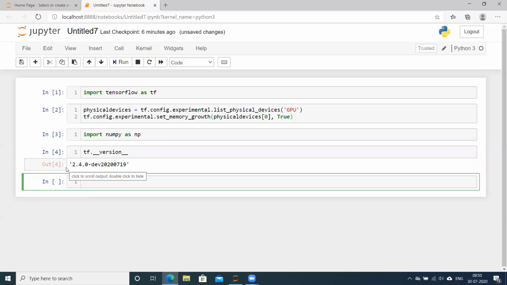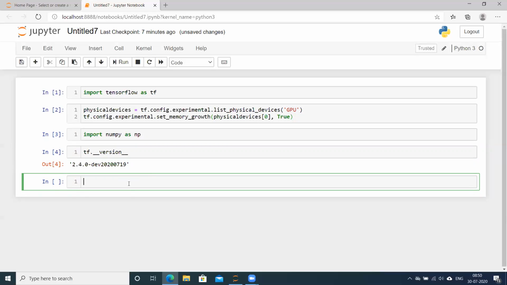So we are going to work with TensorFlow 2. Little bit of changes have been made from TensorFlow 1 to TensorFlow 2, and TensorFlow 2 is easier to work with, and it comes with more features as well. So you guys also ensure that you have installed the latest version of TensorFlow.